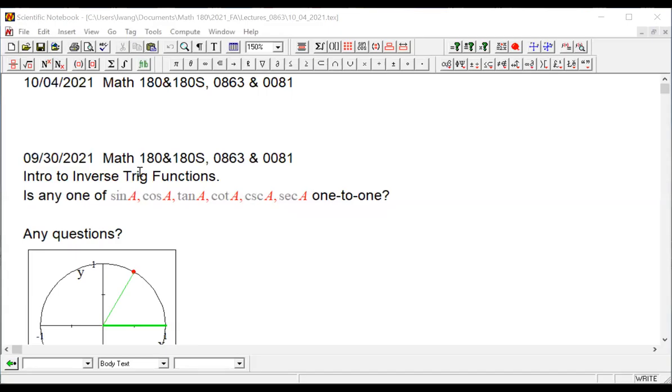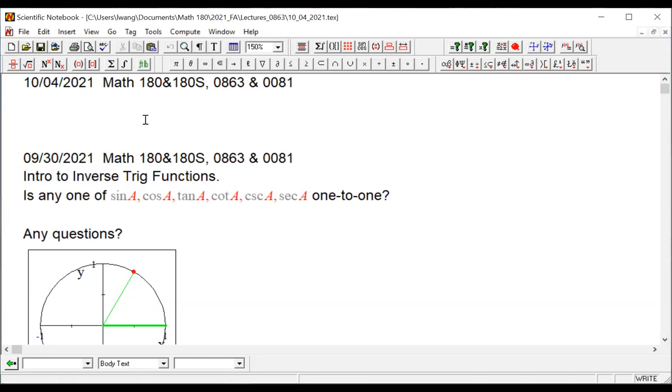Okay, good morning, everyone. Last Thursday, we covered much material. We introduced the question of whether any one of sine, cosine, tangent, cotangent, secant, cosecant are 1-to-1. So today we're going to get into the inverse function. But before we get to that, I want to cover even functions and odd functions very briefly. These are the two last concepts that I wish to cover before we get to the inverse trig